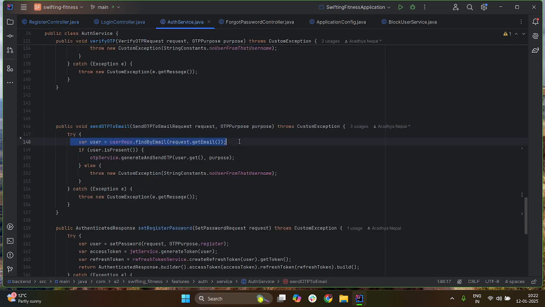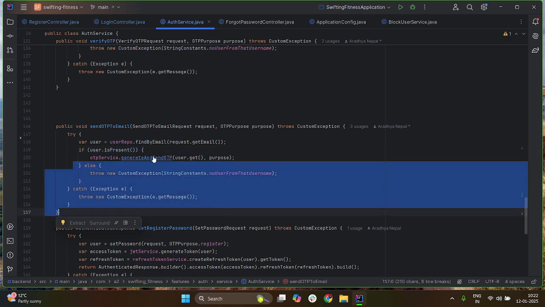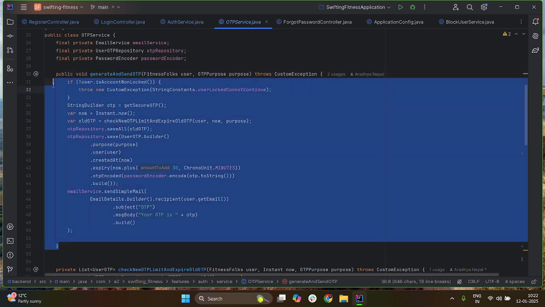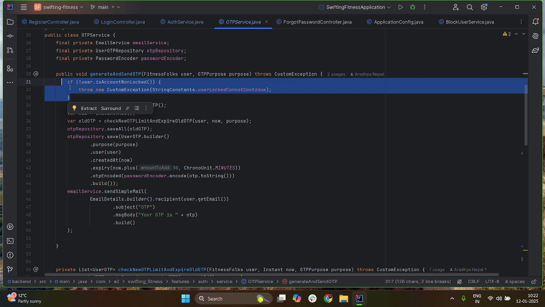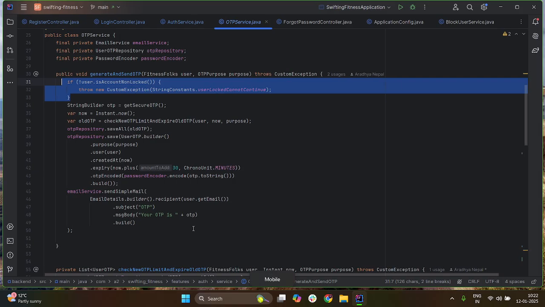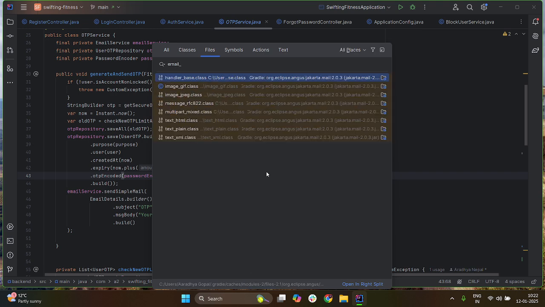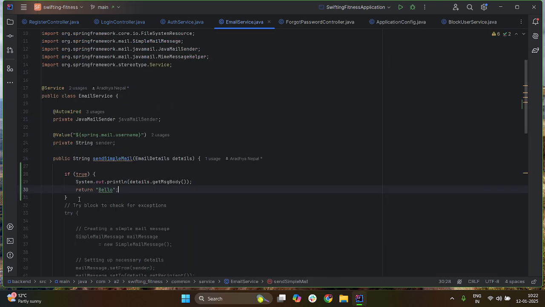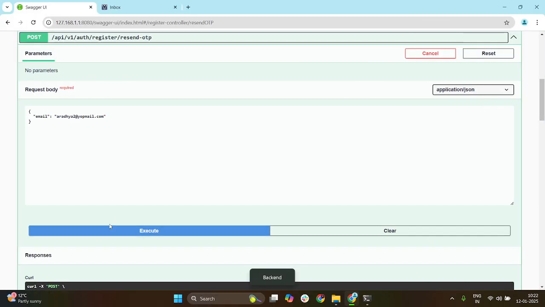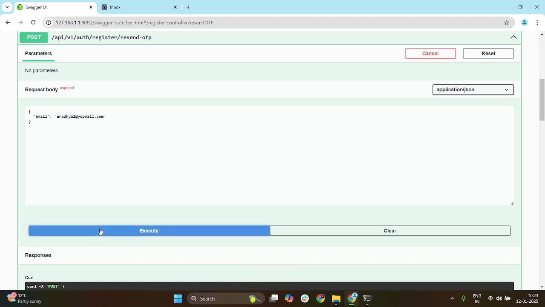So as you can see, this is the resend OTP, and we are finding the user, and finally we are sending the OTP here. And I've already explained what this code does, how it checks the block, and what happens if I send lots of OTPs. So for now, in the email service, I just blocked sending OTP so that I can get the OTP directly on the console. If I send OTP again,